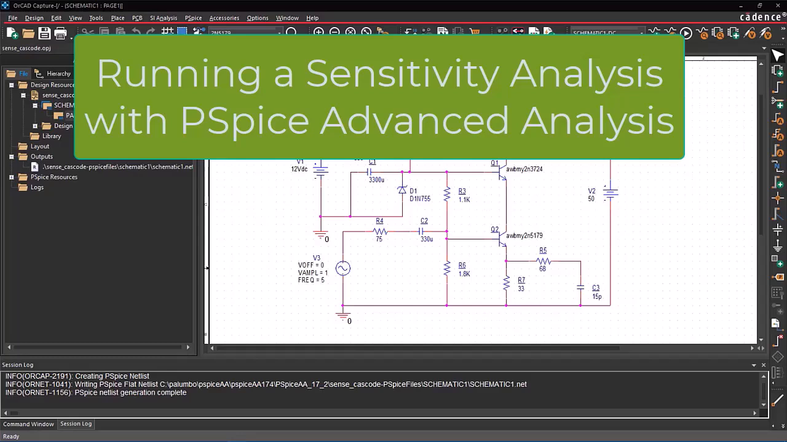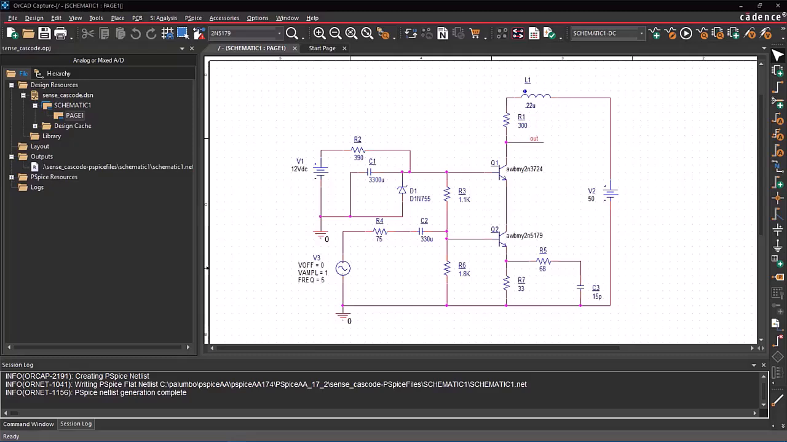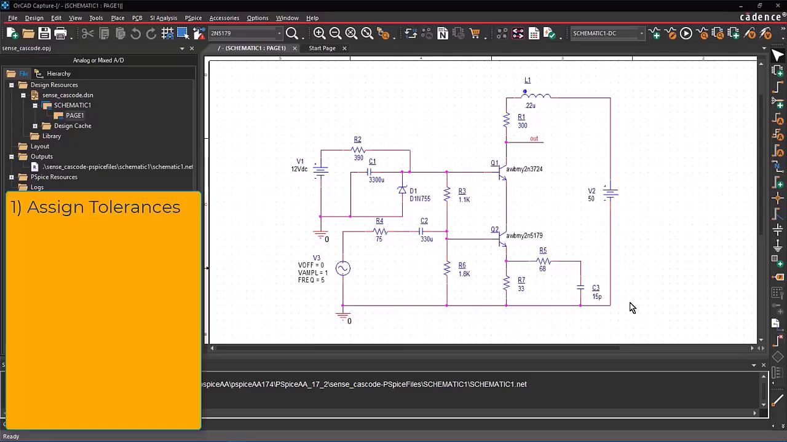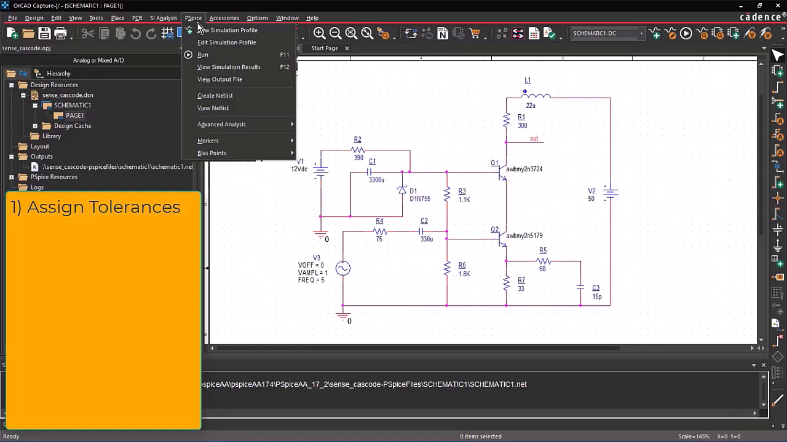Running a sensitivity analysis identifies which components have parameters critical to the measurement goals of your circuit design. To run a sensitivity analysis, you must assign tolerances to the parameters of the components in your design. We've already set tolerances in this design, and to check the tolerances we can go to PSpice, Advanced Analysis, Assign